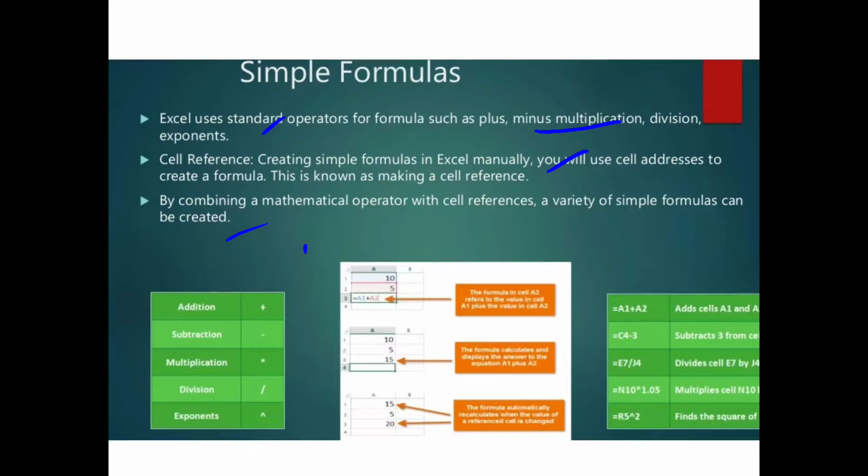Here, some examples are given. Addition is plus, subtraction is minus, multiplication is star, division is divided by, and exponents are as we can see here.